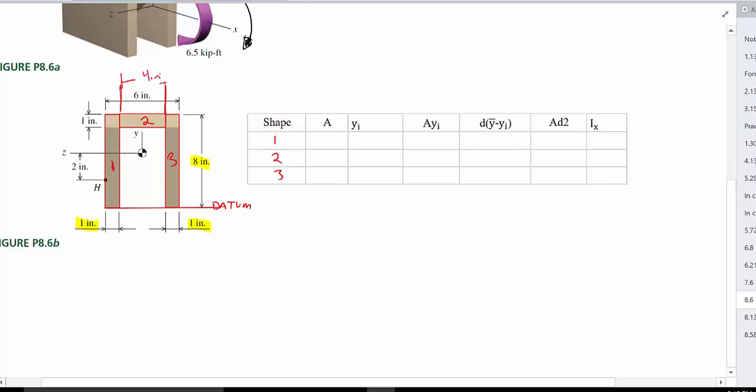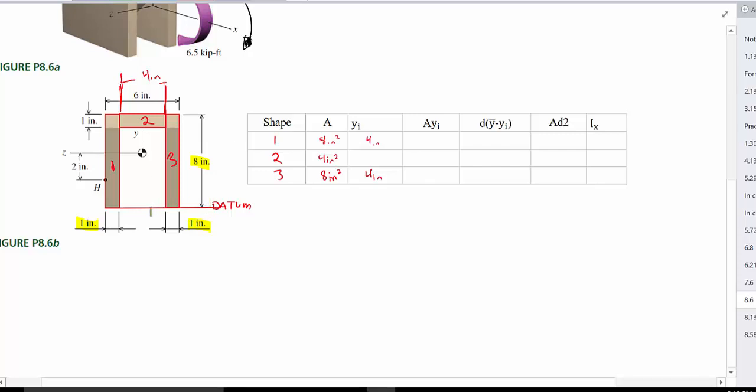So finding the areas for these, for member 1 and 3, it's 1 inch multiplied by 8 inches, so that'll be 8 inches squared. Member 2 is 4 inches multiplied by 1 inch, so 4 inches squared. Members 1 and 3 are identical, so they'll be the same values. So the centroid for members 1 and 3 are going to be half of 8, so that's 4 inches. And then 1 inch divided by 2 is 0.5,